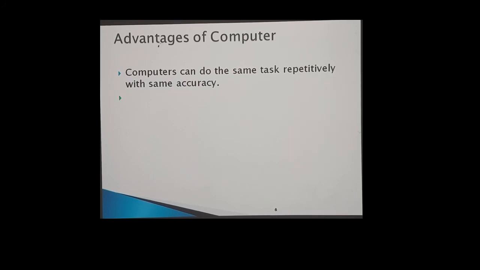Okay, the second advantage is that a computer does not get tired or bored. It means it's a machine, that's why it works on instructions. They don't have their own brain. It means they can't get bored doing the same task, but can a human being do the same task? No. Why? Because of the mindset of a human being.